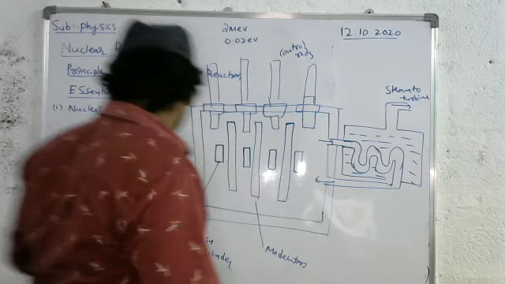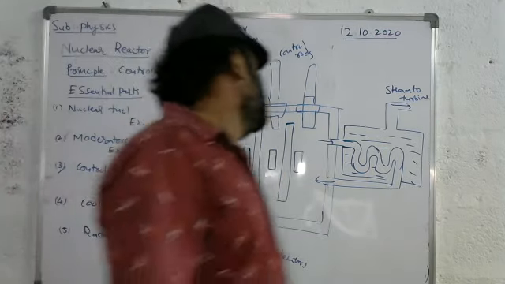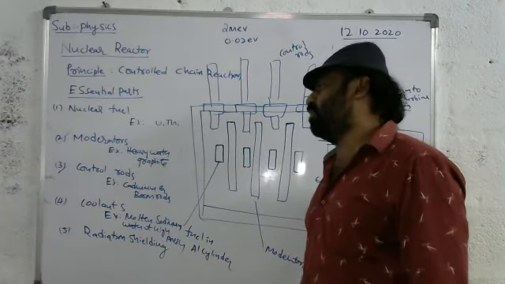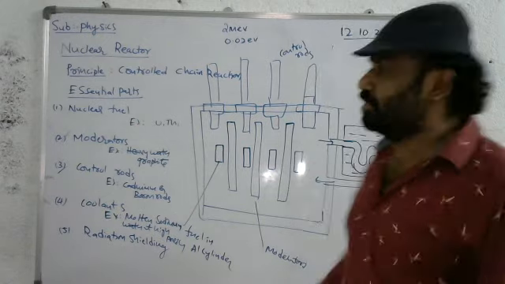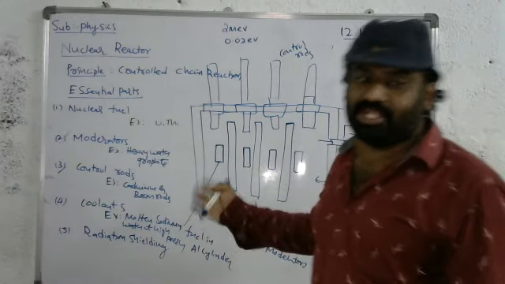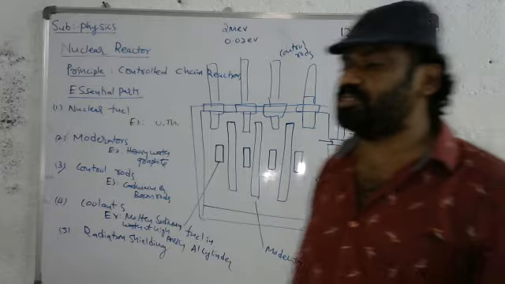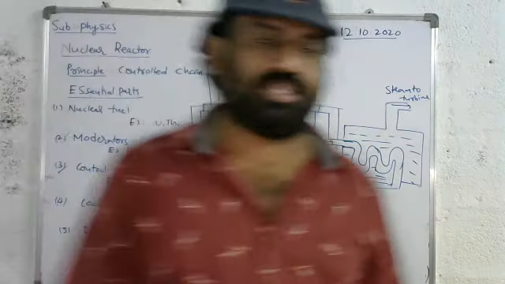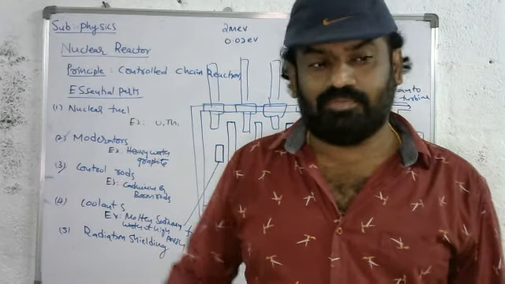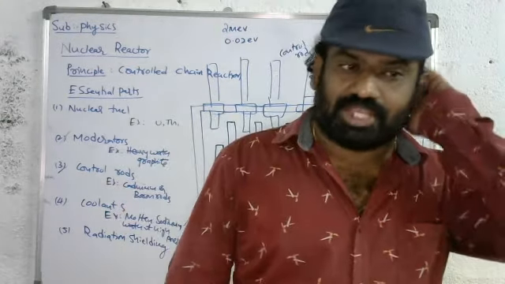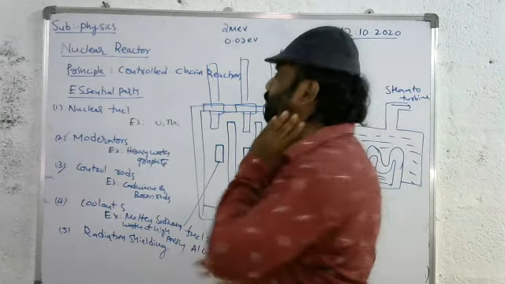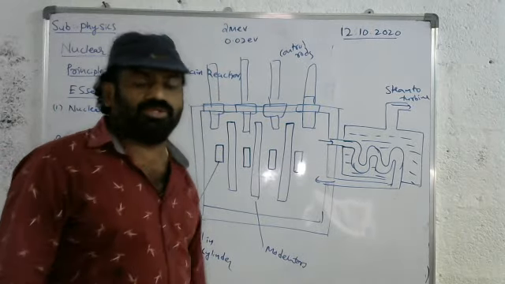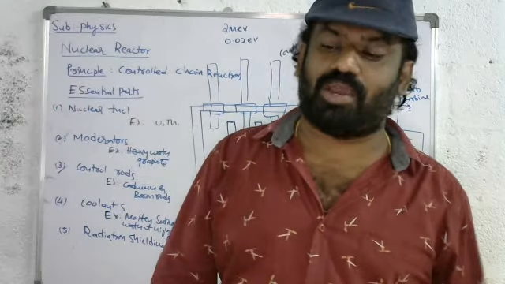So that's it. Next, about the radiation shielding. In a nuclear reactor, harmful radiations like beta and gamma are produced. These are very harmful. If they leak from the nuclear reactor, they will affect the surroundings and the people. To avoid that, a wall of thickness 10 meters is constructed around the nuclear reactor with lead and concrete to avoid the leakage. So this is about the nuclear reactor. What are the uses of this nuclear reactor? By using this nuclear reactor, we can produce radioisotopes and electric power.